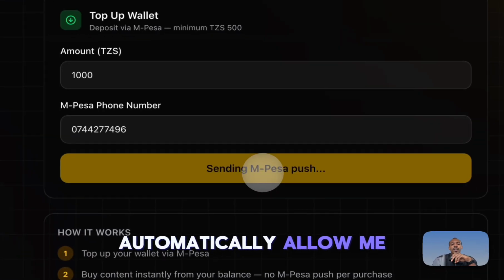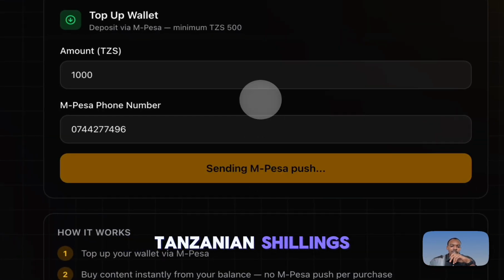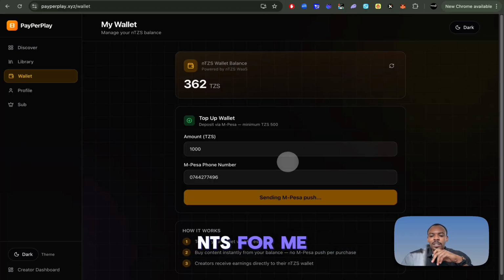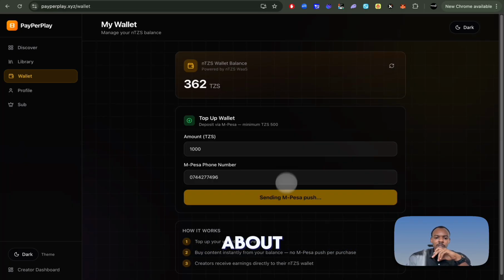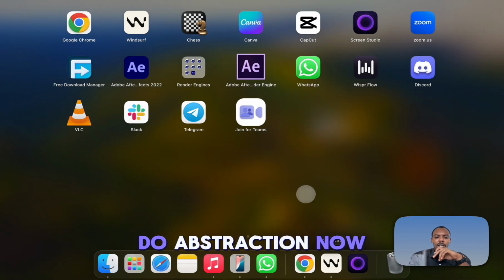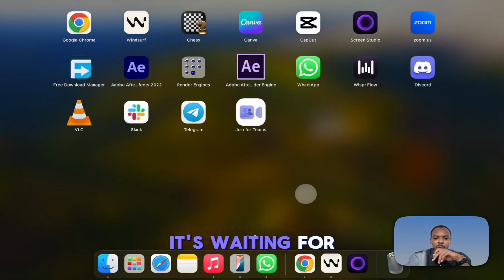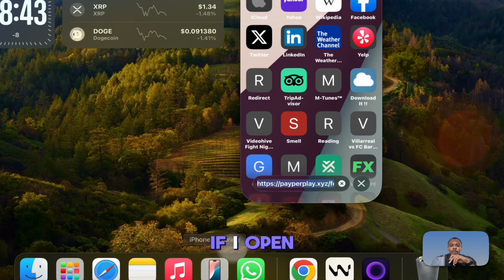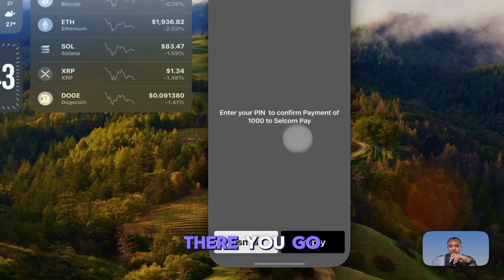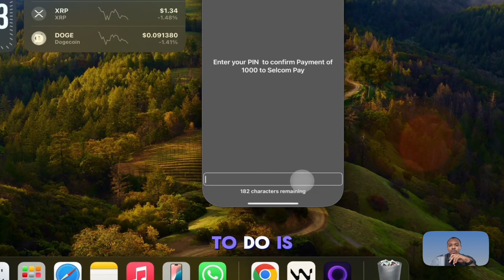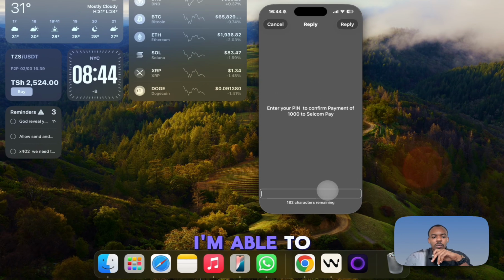And this will automatically allow me to deposit my Tanzanian shillings and get some nTZS for me to spend inside PaperPlay. And this is some of the utility we're talking about in terms of how we do abstraction. Now, as you can see here, it tells me it's waiting for a push notification on my phone. If I open my phone here, there you go. You can see all I have to do is enter my password,